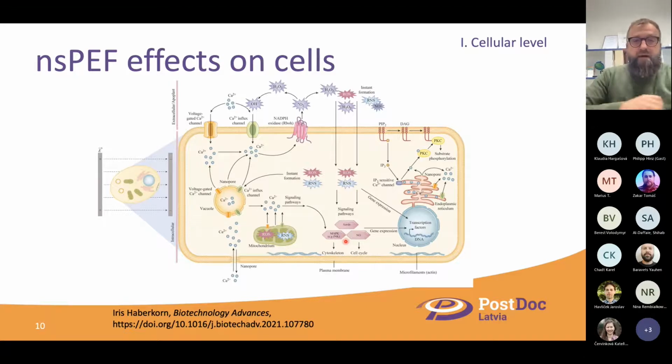But we saw that such a treatment using microseconds produces a lot of reactive oxygen species, which can act as a trigger for the nuclear factor kappa beta promoter. So of course we are thinking about and trying to build a system which can be used for nanosecond pulsed electric field treatment, as it is, let's say, a much better treatment, especially for some intracellular signals.